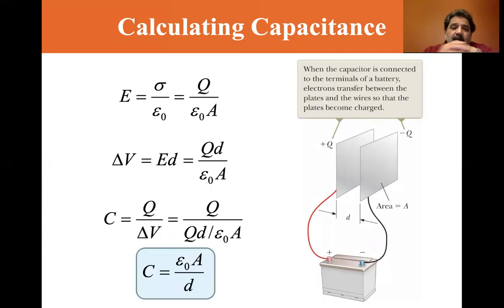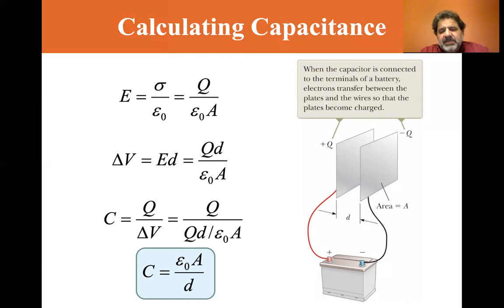So if we combine the definition of capacitance, Q divided by delta V, which is Q d over epsilon 0 A, you see that the Q's cancel out, and you end up with 1 over d over epsilon 0 A. And again, we can take the reciprocal, and we have epsilon 0 times the area divided by the